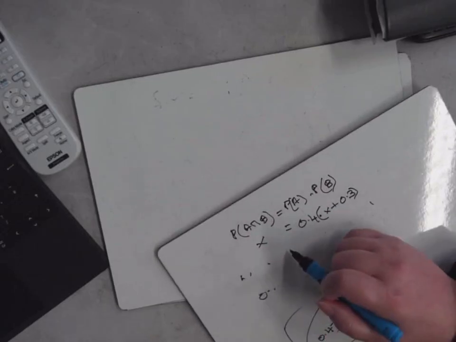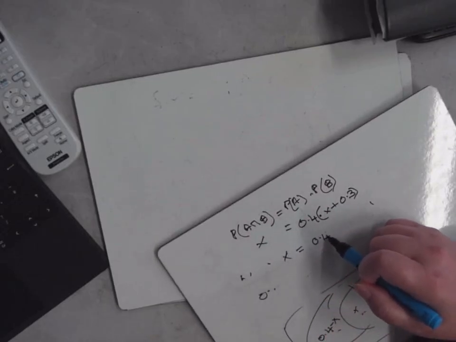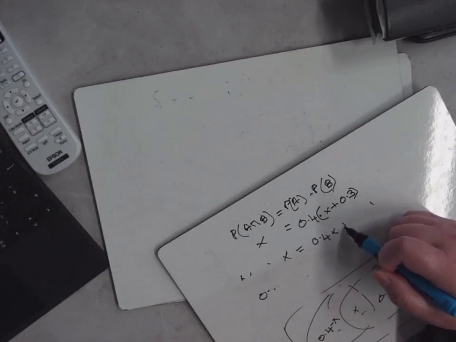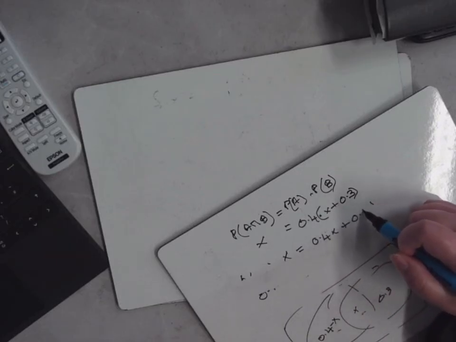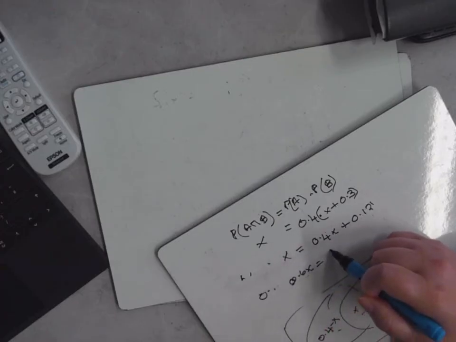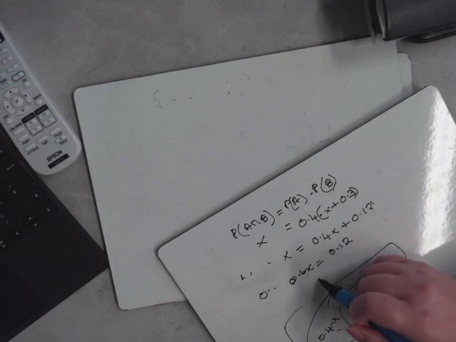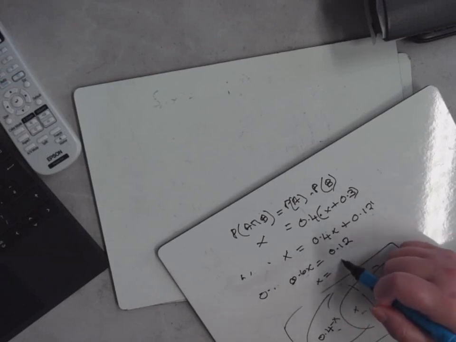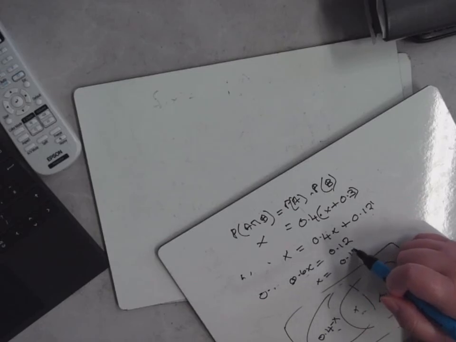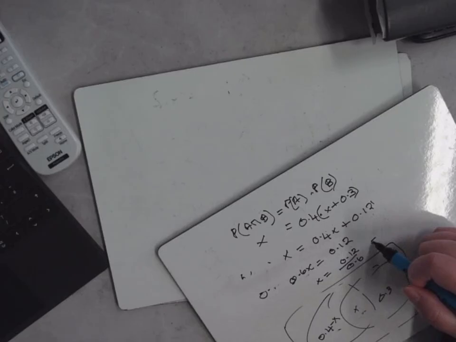Right, X is equal to 0.4X plus 0.12. So that's 0.6X equals 0.12. So X is equal to 0.12 divided by 0.6, which is